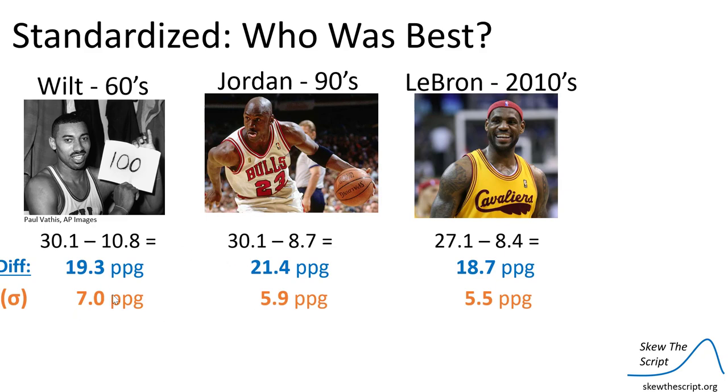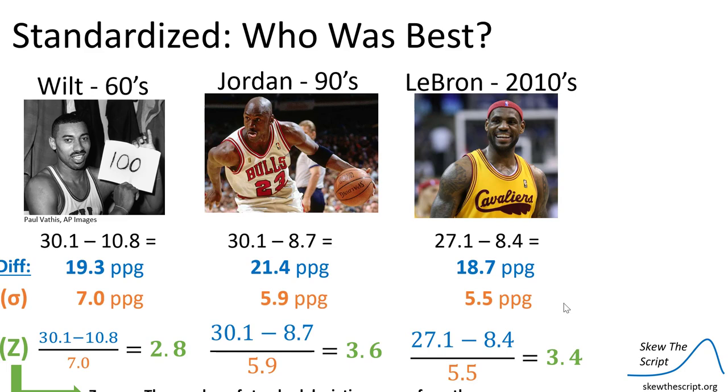So now that we know there's going to be more variability in the 60s and less variability in the 90s and 2010s, let's see how many standard deviations away from the mean each is. Let's calculate that z-score. I take my number of points, subtract the mean, so 30.1 minus 10.8, but then I say, okay, the normal person did 7. I notice that we are 2.8 standard deviations above the mean. So he's still a top scorer, and we're elite, but this is not the top.